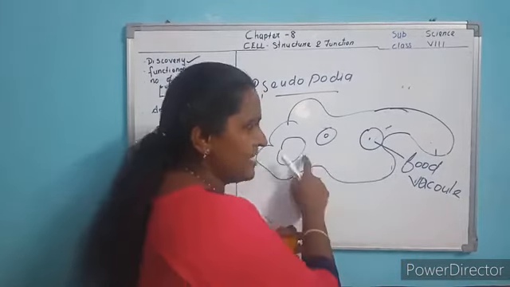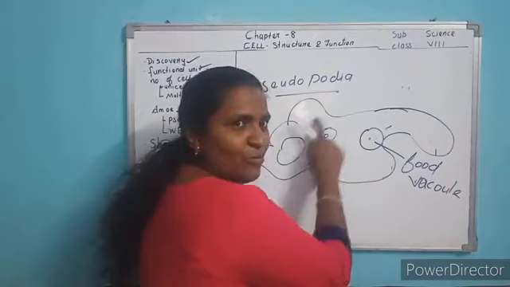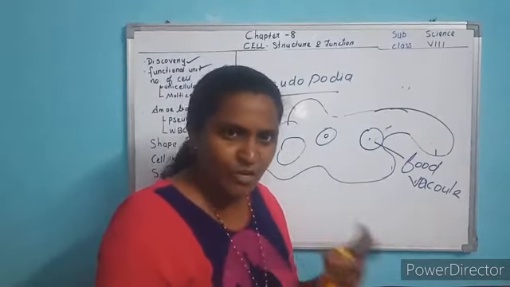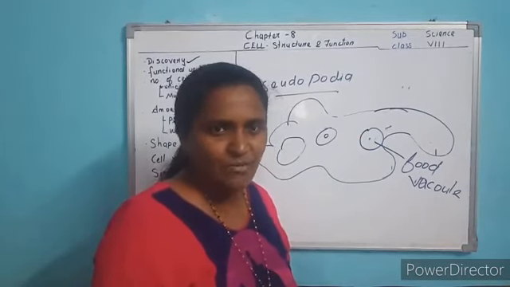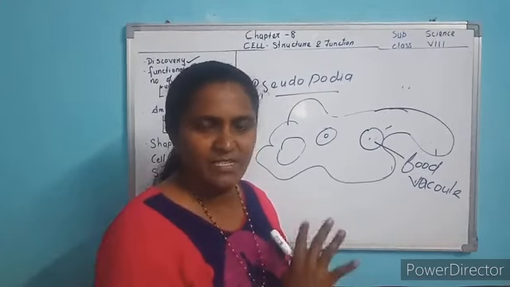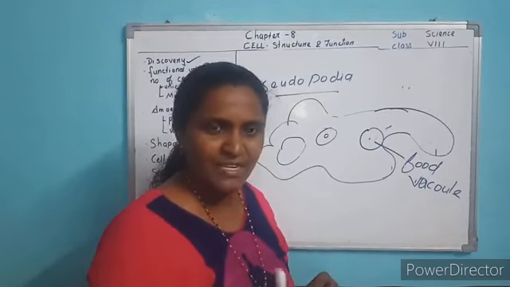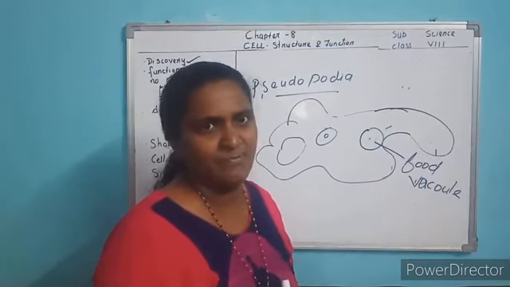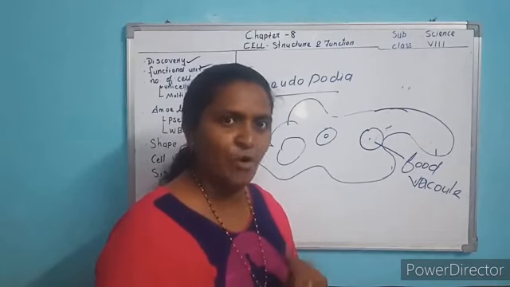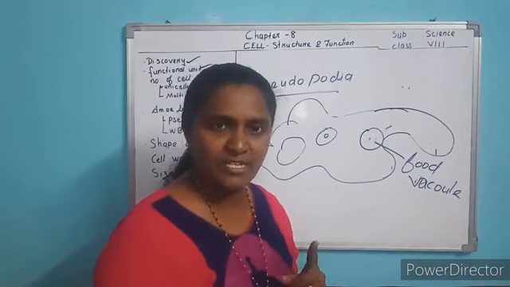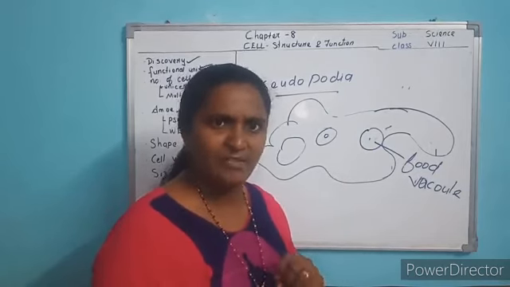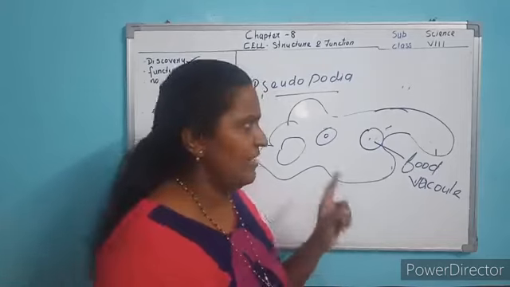and digests. Here some enzymes are present. This area is called cytoplasm. With the help of enzymes, the complex food breaks into smaller, simpler food, and the unwanted part will be ejected and eliminated. This is the way it assimilates the food, digests the food, eliminates the waste, and does respiration. So will the unicellular organism perform all the activities as a multicellular organism does? Yes. It also does all the activities that a multicellular organism does. Understood? Next.